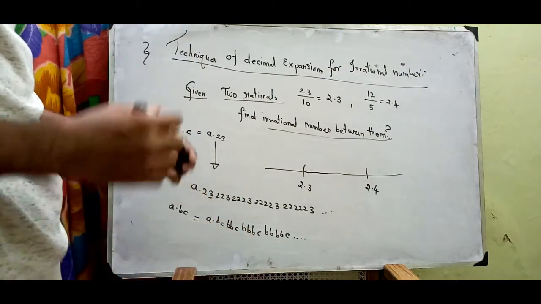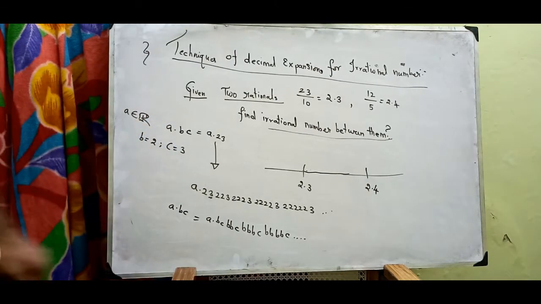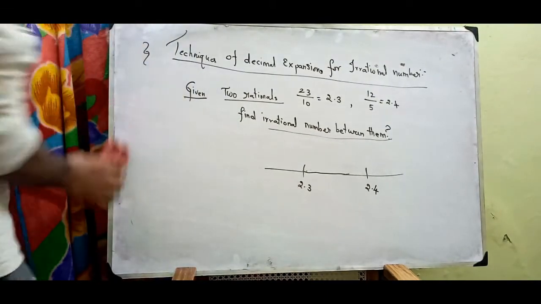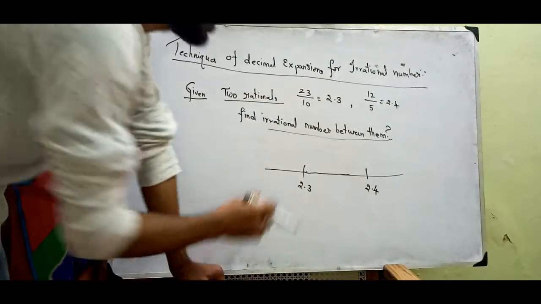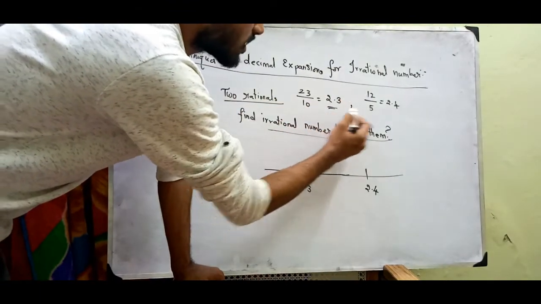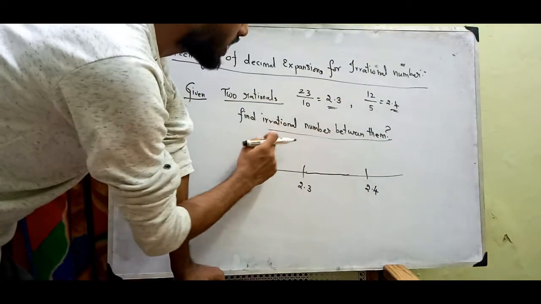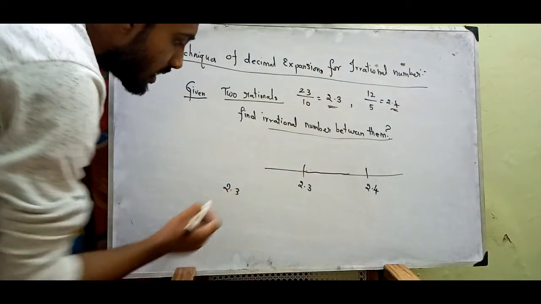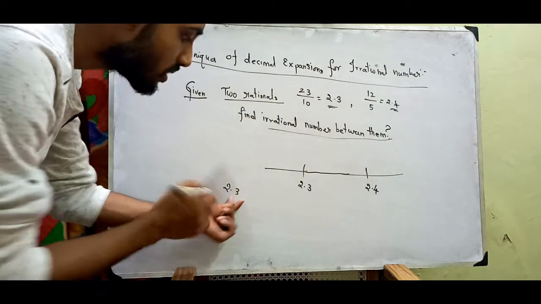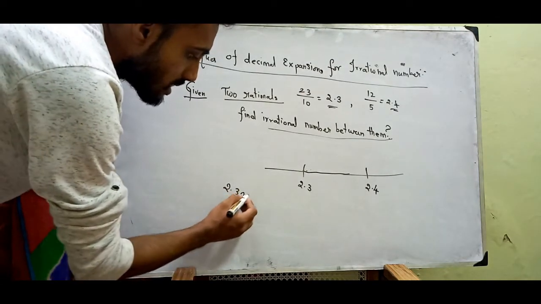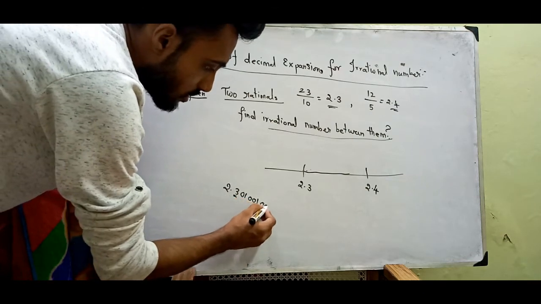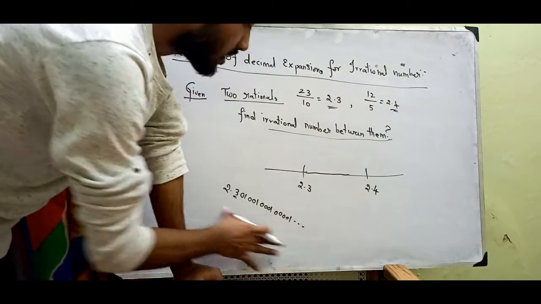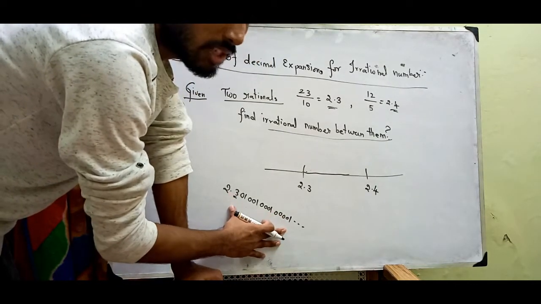So this is also one way of representing an irrational number. So these are the techniques we can use to represent them. But here, for the given terminating rationals, we need to find an irrational between them. We know that 2.3, only one number is given. After this decimal, you can add 0 1 0 0 1 0 0 0 1 0 0 0 0 1 and so on. So definitely this can be an irrational number.